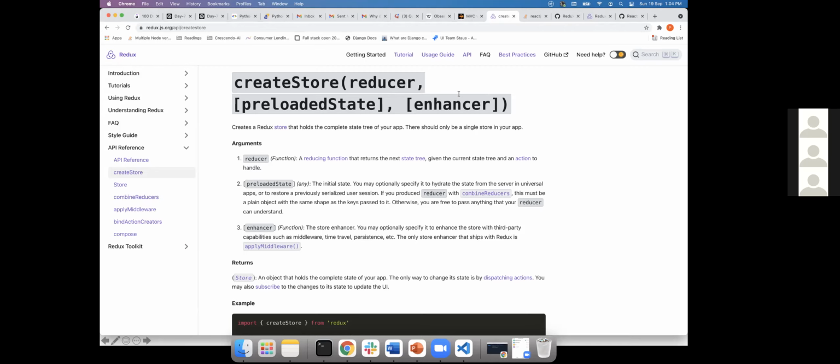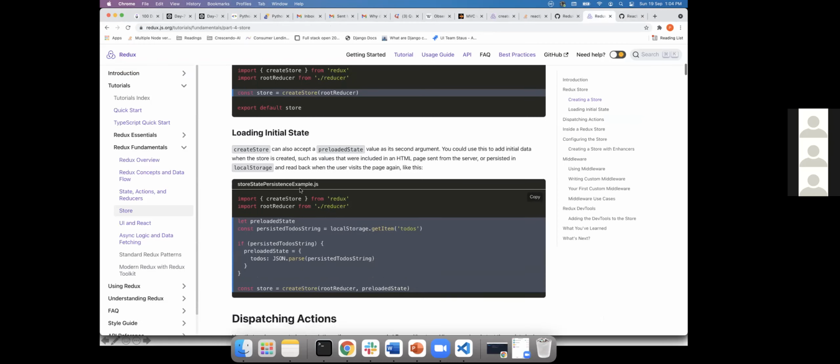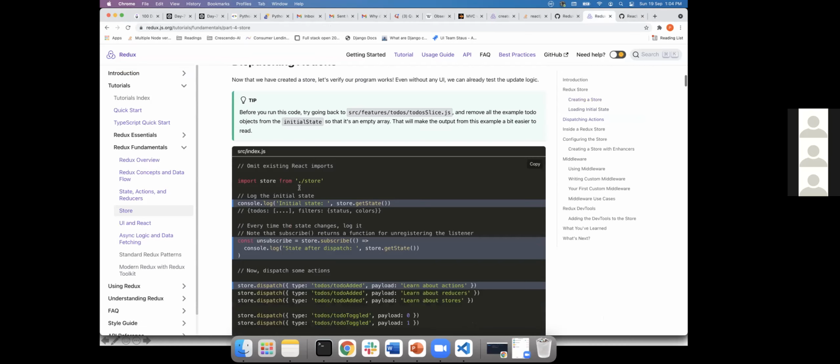Okay. So in order to do that, there is an argument in our code. What you can do is you can use the second argument with applyMiddleware. So with it, you can pass n number of middleware. Now comes the question, what is a middleware? Okay. Let's talk about one middleware, what it does basically.